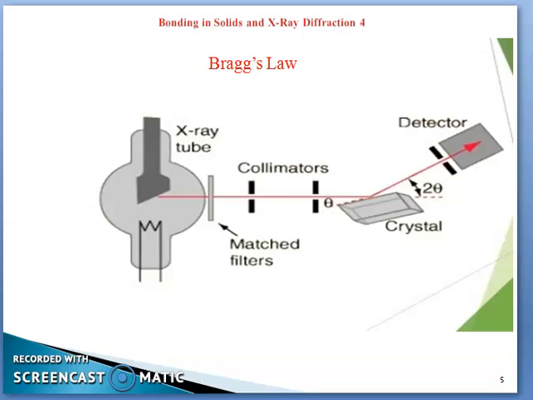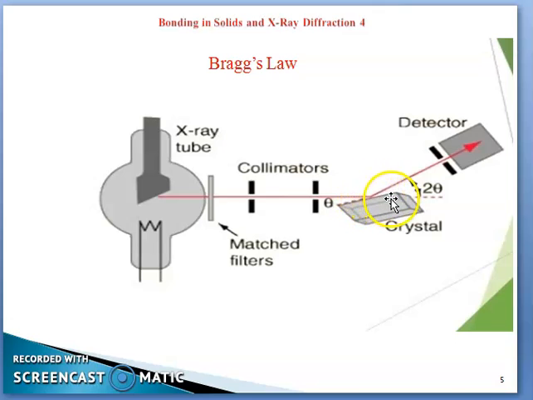See now the experiment. This is the X-ray tube. X-rays are produced here. These X-rays are allowed to fall on the crystal through collimators. Here a filter is used, I mean a matching filter is used in this experiment. And there is a single crystal here. On this crystal, X-rays are allowed to be incident,